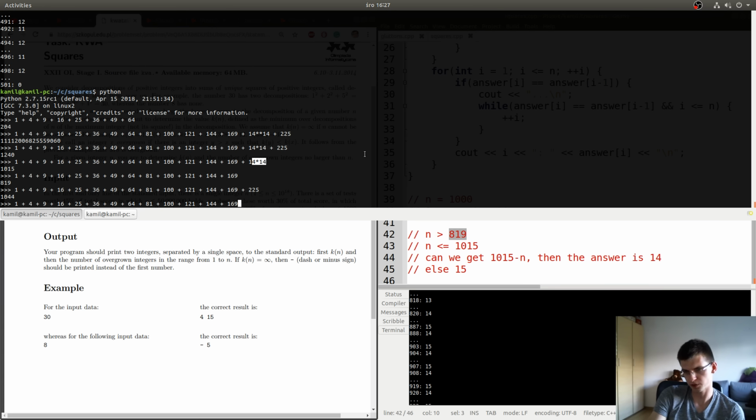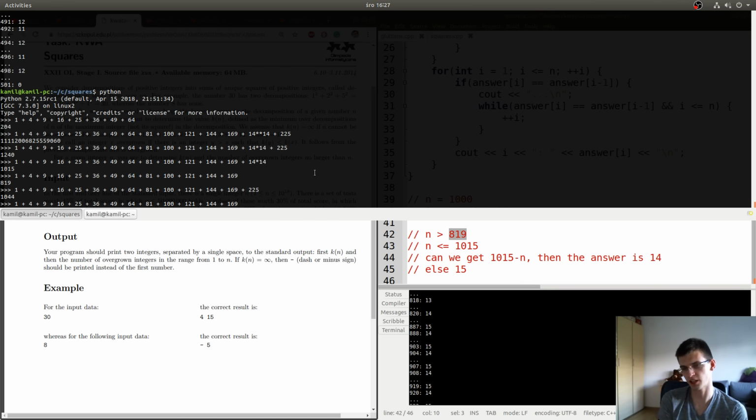So for the whole problem where n is up to 10 to the power 18, the answer is up to 1 million, and the difference between consecutive sums, as we computed here, will unfortunately be up to 1 million squared.